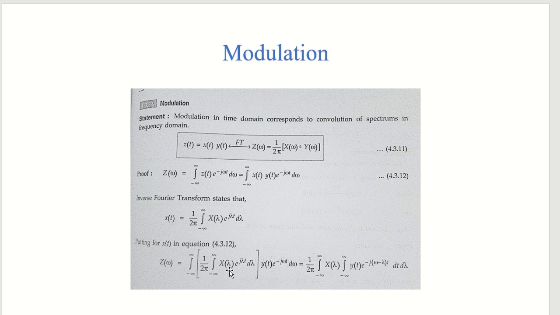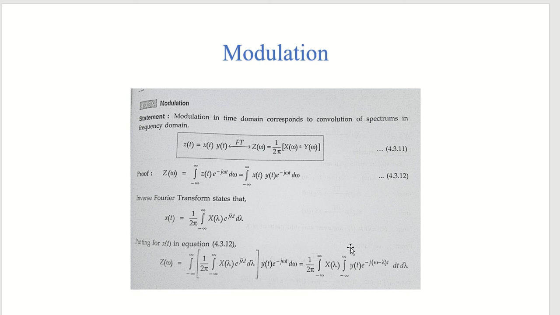Now what we will do, we will take this X of lambda outside the integral. We will be left with 1 by 2 pi integration from minus infinity to infinity of X of lambda, and we will keep the rest of the things as they are. So Y of t into e raised to, this term and this term will get multiplied, so it will become e raised to minus j omega minus lambda into t dt into d lambda. And when you take the integration of it, what you will get,